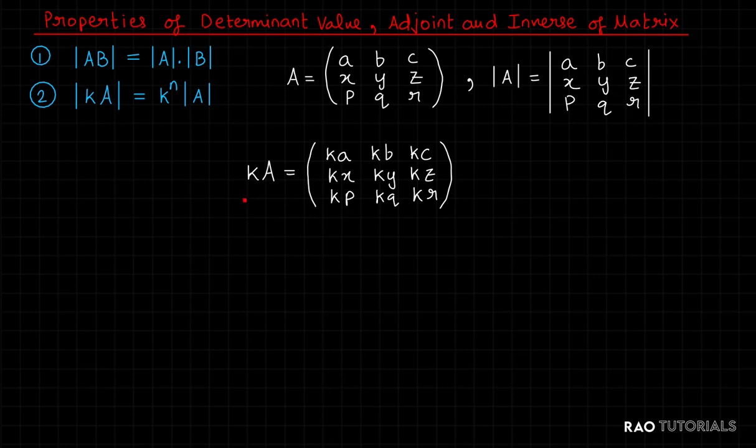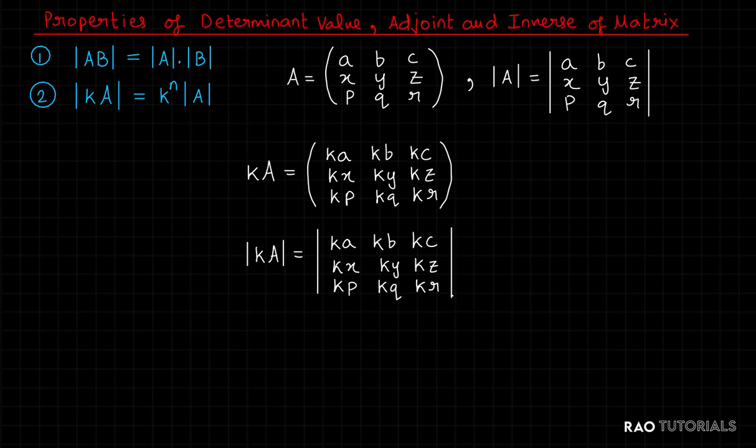Now when we change this matrix to determinant, we have a whole new set of rules and properties to follow. One of them is, in determinants, we can factor rows or columns independently. So factoring K from first row, second row, and third row each, we get K cube into determinant of A. Thus the result follows, and the same thing can be shown for any square matrix of order n.